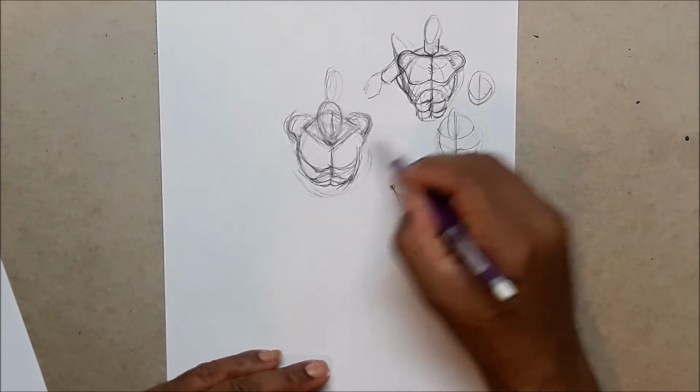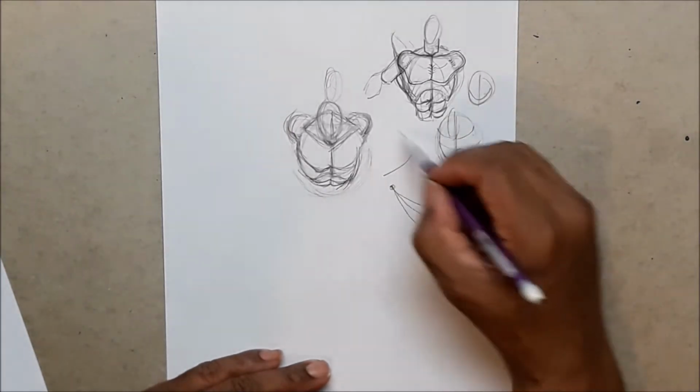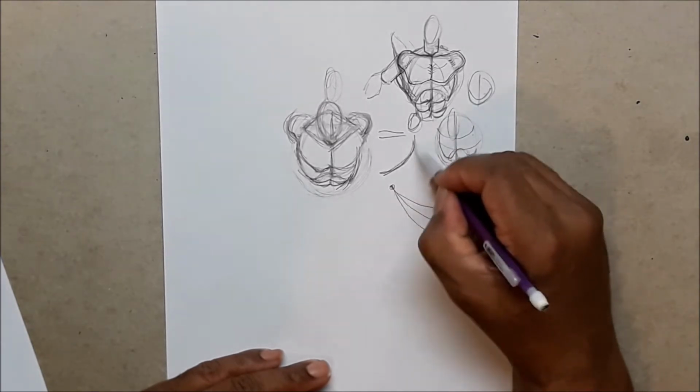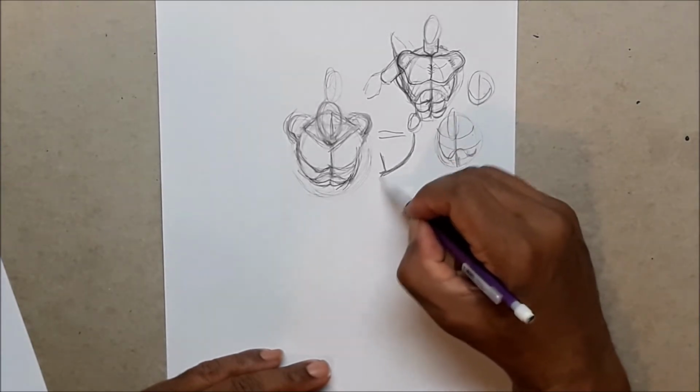So it's curving around. This whole body, his head is here. His arms are going back. This is curving around like that. So then his